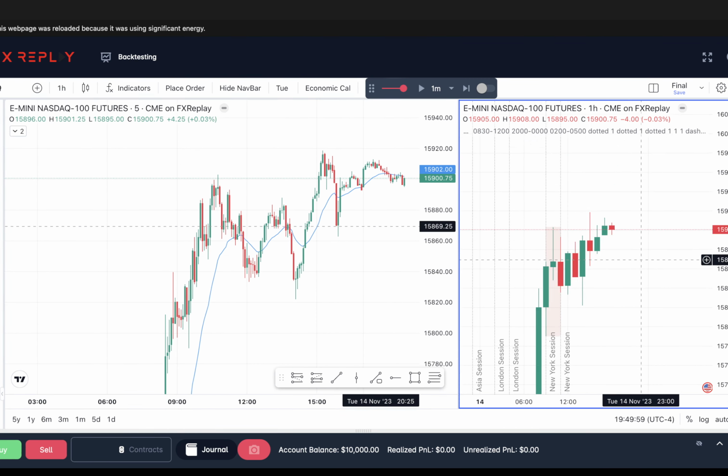Then you can go to the next backtesting session, and you can just trade how you trade. You mark up your liquidity. A lot of the new ICT indicators are not on here though, so you're going to have to draw your own fair value gaps. They do have a sessions indicator that I was using, and I set it to the ICT kill zones, which helped. And then you play your trade out, and if you get in reversals off of liquidity sweeps or whatever, you can practice and you can guess, and you actually can set orders if you want.